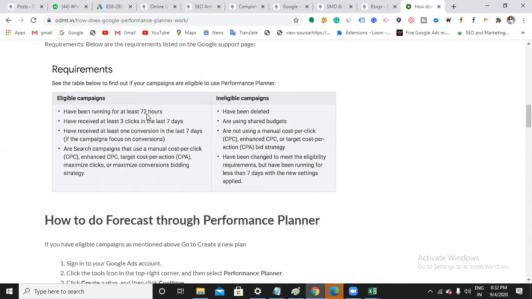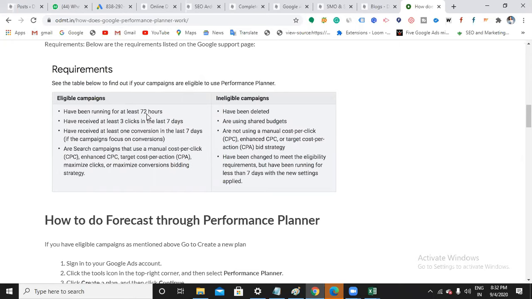That means it has to be a recent ad. If you have at least 3 clicks in the last 3 days, then Google can estimate how your campaign will work for the next 1 month. Okay. Then you should have received at least one conversion in the last 7 days.